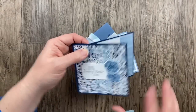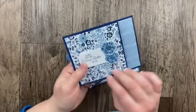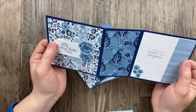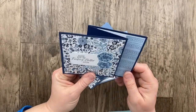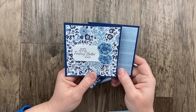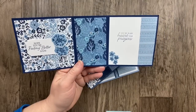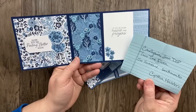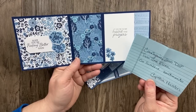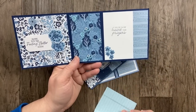Our next card, this is so fun, from Cynthia Houston. This is the card that we just showed on Sunday Stamping. Sort of this off-center Z-fold a little bit. Hope you're feeling better soon. You're in my heart and prayers. I love that. So Countryside in paper, 2-tone floral stamp set, and the sentiments are from So Sincere from Cynthia